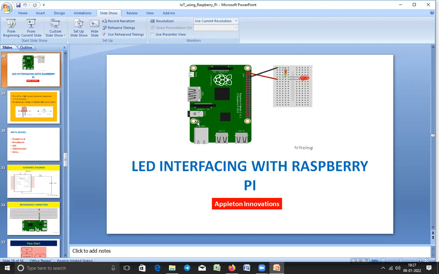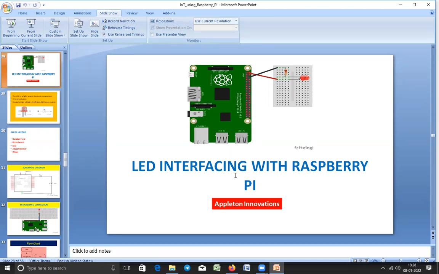I'll be accessing my Raspberry Pi on a local network. My computer and my Raspberry Pi are connected to my router, so now I can communicate with my Raspberry Pi through this local network. When you want to work in a local environment, or if you are using the internet to work with the Raspberry Pi, yes, it is possible.